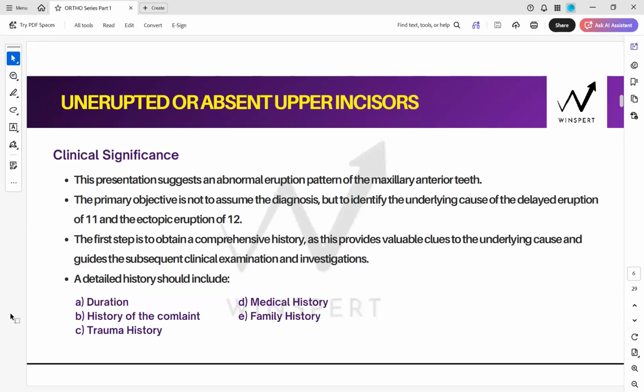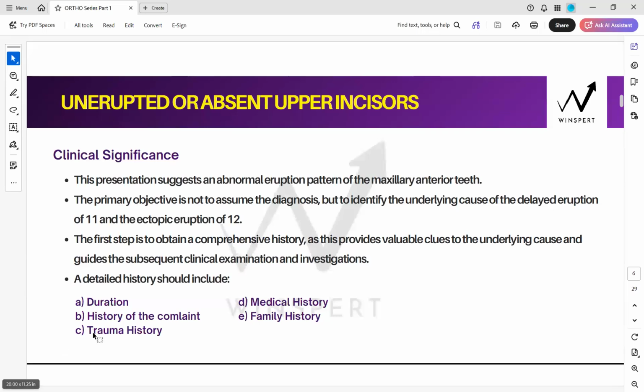You will determine whether the eruption has been delayed, whether there was any change, or whether any previous dental treatment was carried out. Then, most importantly, ask about any previous trauma history. You will inquire specifically about trauma to both your primary as well as your permanent incisors, right? Particularly if intrusion has happened during early childhood in primary teeth, can that affect and lead to dilaceration or an altered eruption of the permanent successor? Do you all agree with that?